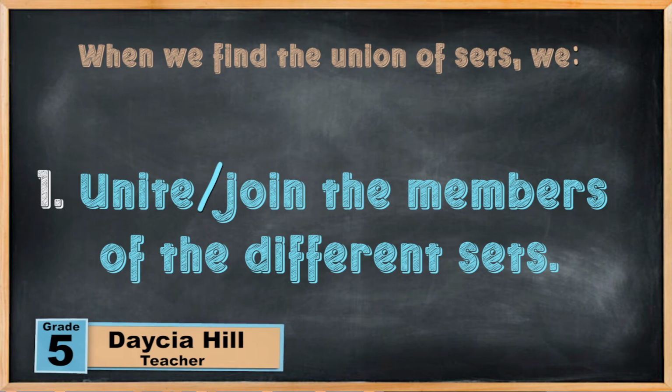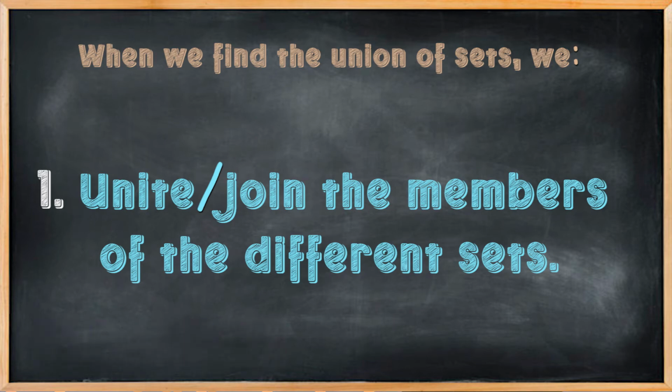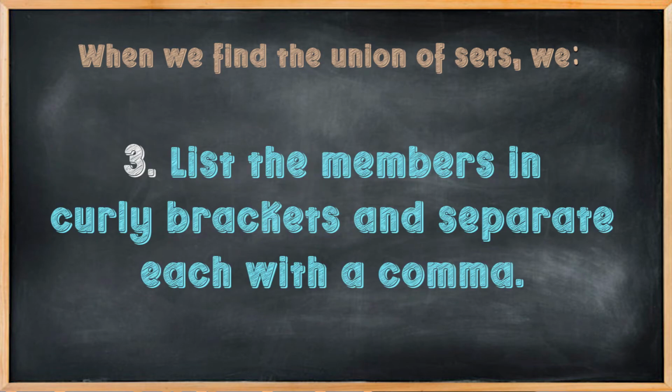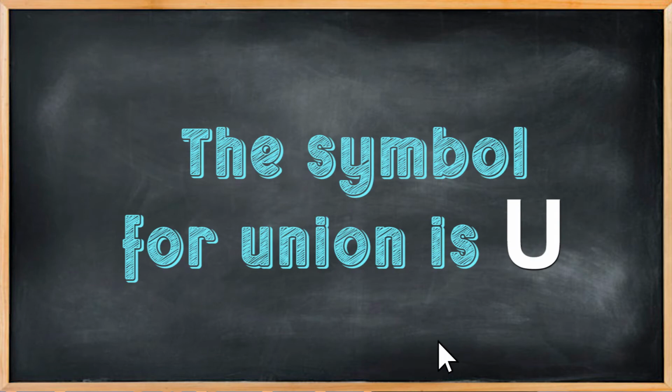When we find the union of sets, children, we unite or join the members of the different sets. We do not list a member more than once. We list the members in curly brackets and separate each with commas. The symbol for union is,